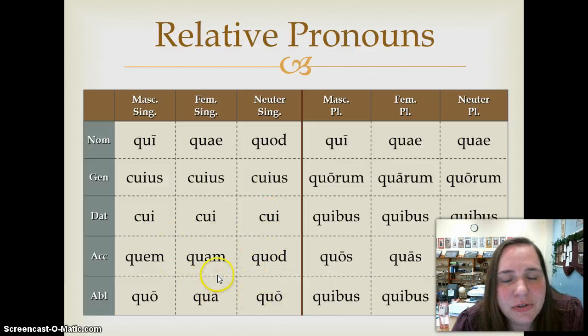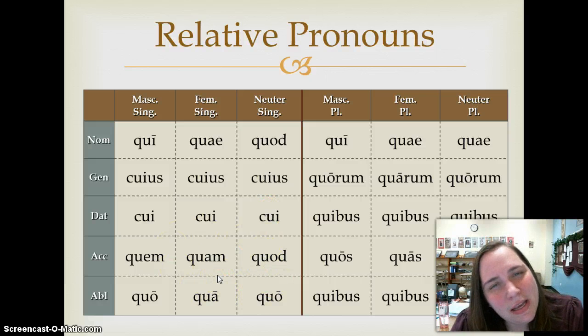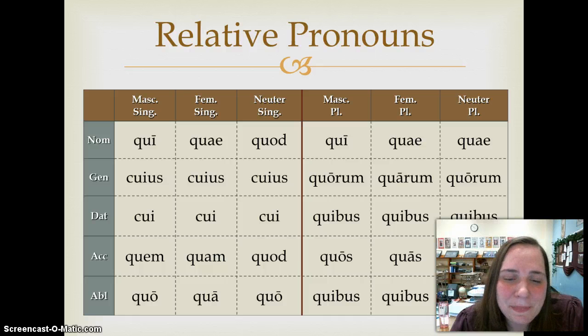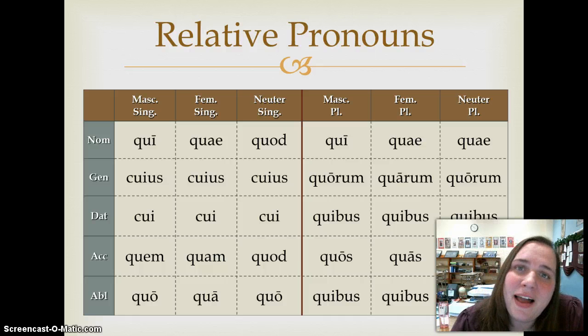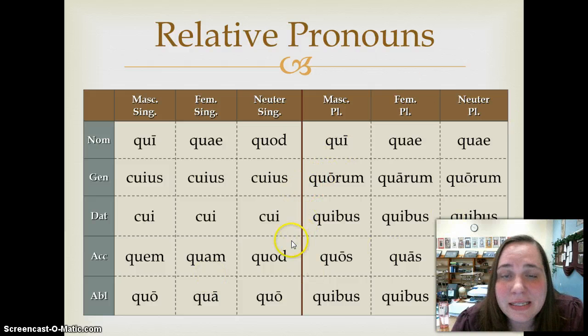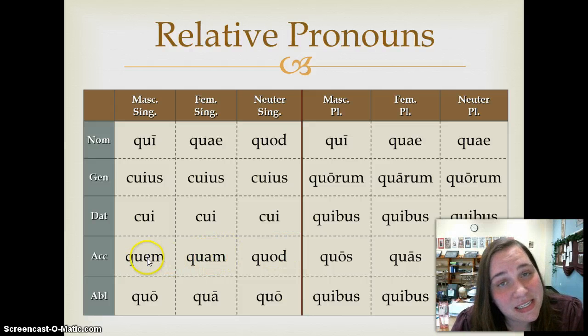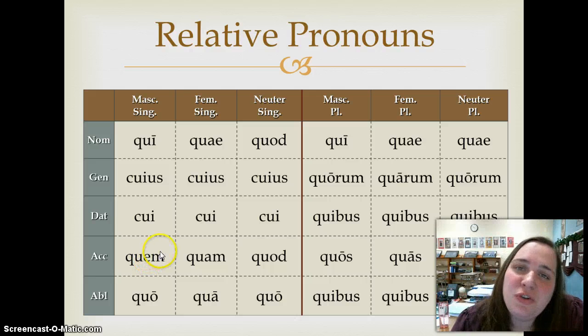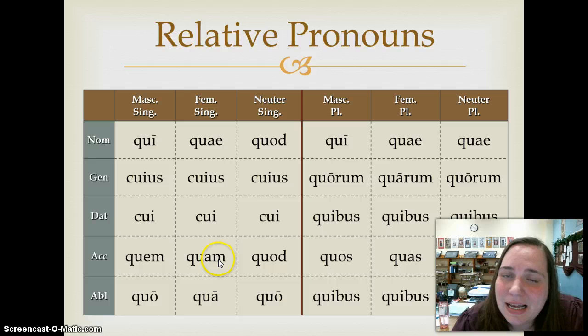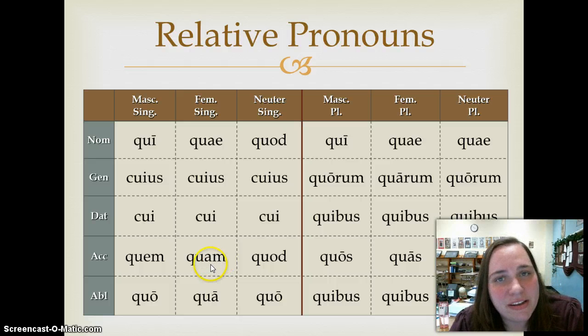And then going back to a more regularized declension. However, relative pronouns are a little bit more irregular than that in that they have some endings that are very first, second declension, some endings that are very third declension. So you just have to memorize the forms so you know what gender, number, case any given relative pronoun is,